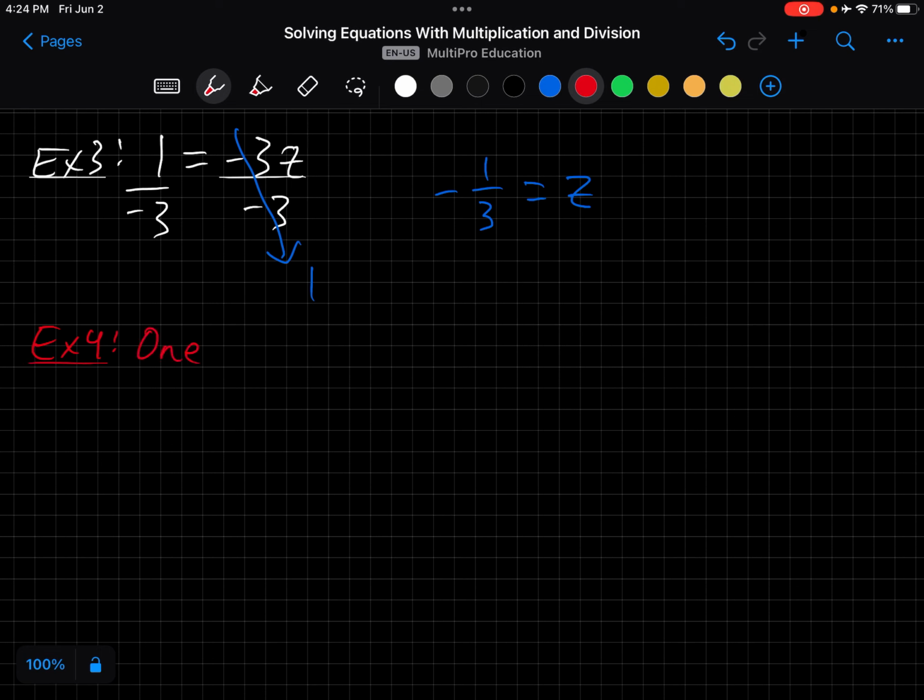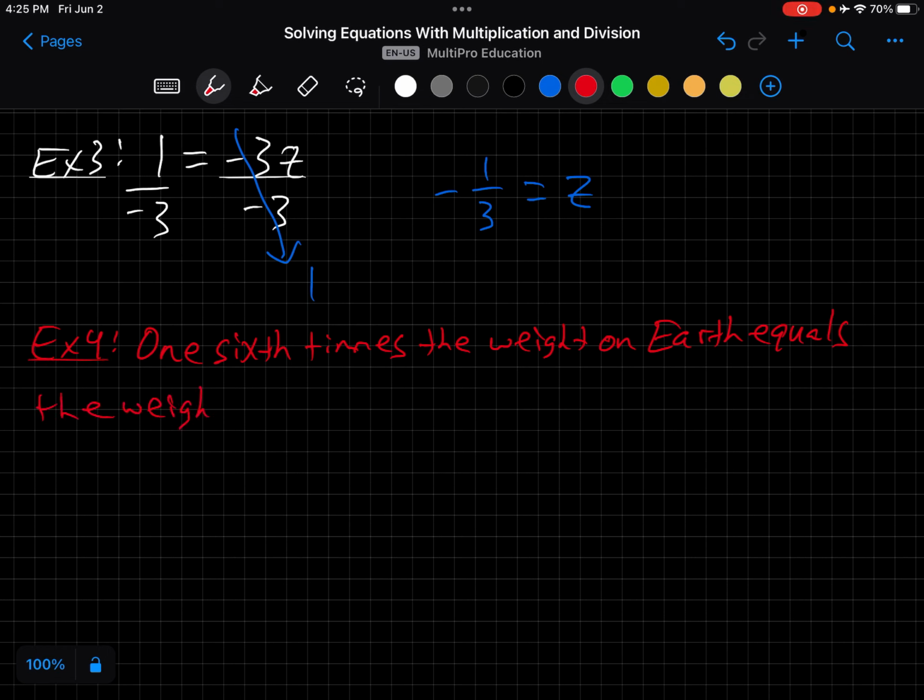Example 4. Let's say that 1/6 times the weight on Earth equals the weight on the moon. Okay? And the weight